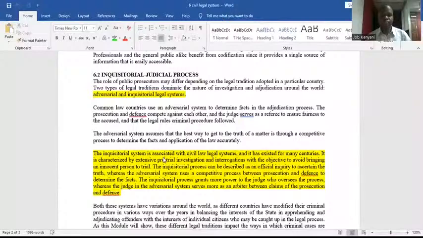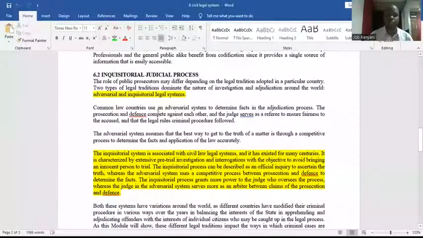So we have a civil legal system and a common law legal system. That is the first thing to notice, that we have a common law legal system and we have a civil law legal system. Under a common law legal system, they apply what we call the adversarial judicial process. Then under a civil law legal system, they apply this one, which has a very difficult name,